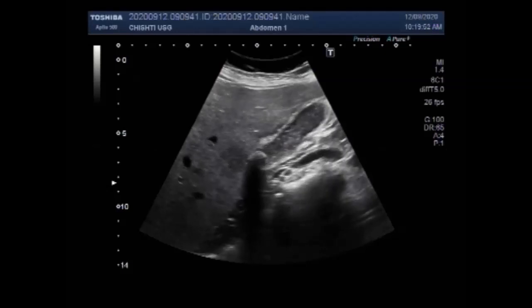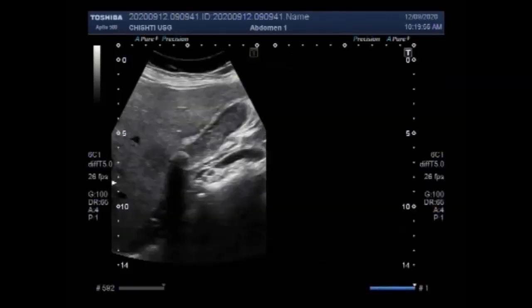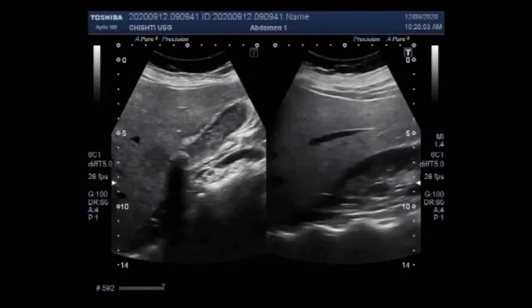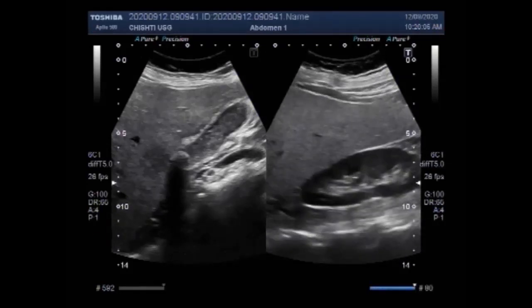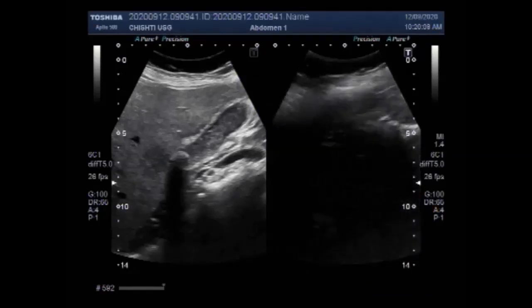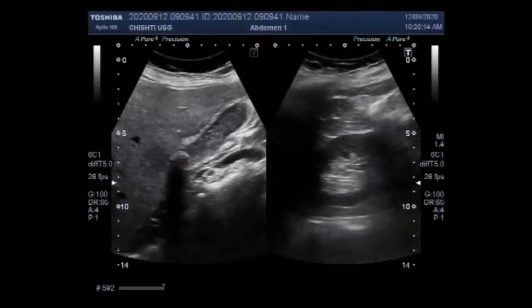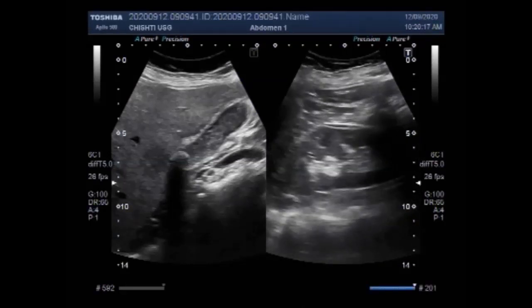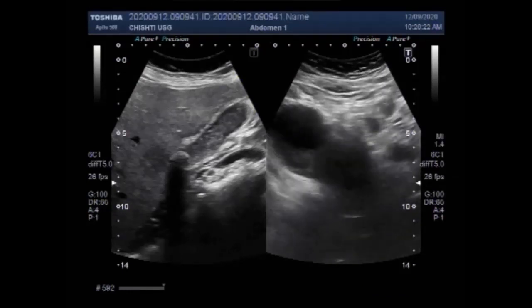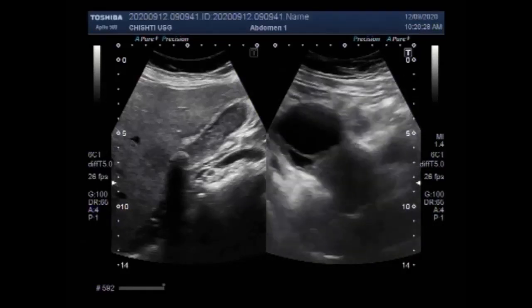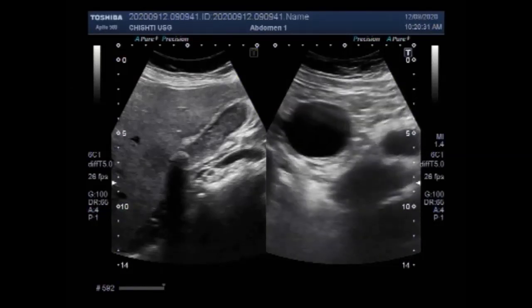Mucocele develops due to excessive accumulation of mucus. It may be due to an impacted stone in the gallbladder neck, most commonly, or cystic duct, or decreased gallbladder motility. A grossly dilated, distended, thin-walled gallbladder measuring more than 5 cm across anteroposteriorly, an impacted stone in the infundibulum or neck of the gallbladder or in the cystic duct, and clear fluid content indicates a possible mucocele. As you can see in this video, the fluid is thick and turbid.